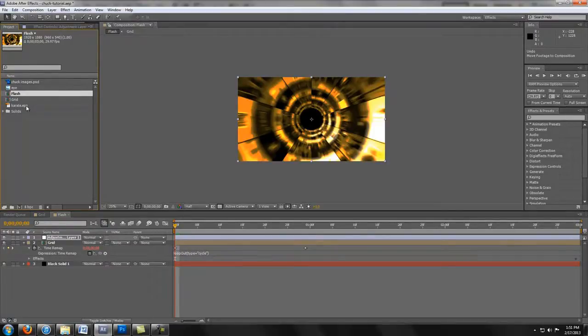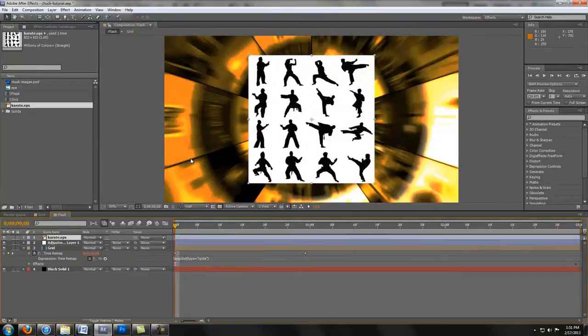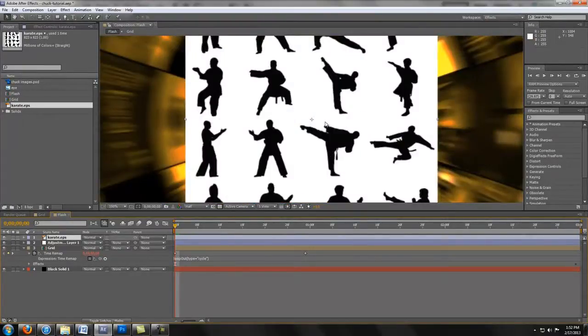Now I downloaded these vector images for karate off of my stock photo account. And when you're using vector images, you need to make sure to turn on collapse transformations. That's over here. If you don't see those switches, just toggle switches modes. It's this switch right here. You can basically see